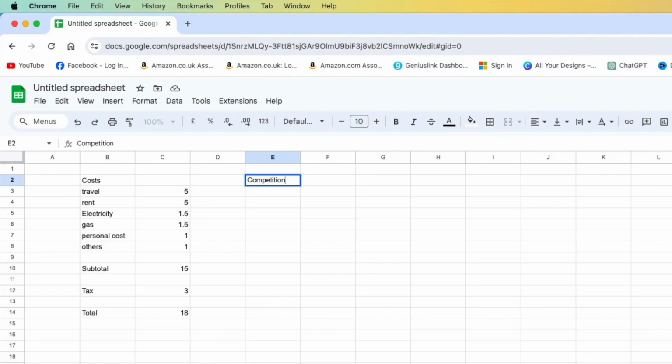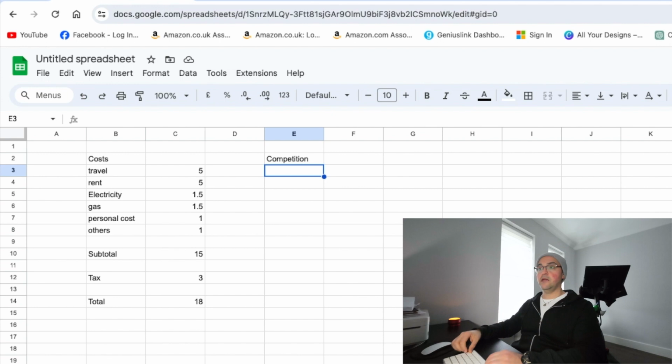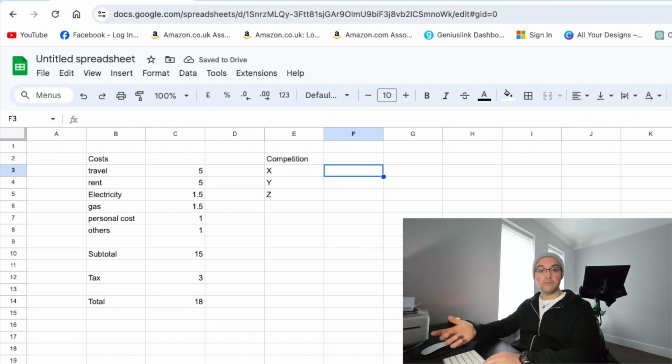On this other column, we are going to look at the competition pricing. So we're gonna try to look at websites from your other PT in the area, and you're gonna write down the pricing that they are charging for clients, possibly for the hour, or depends if they're having any packages. So we're gonna have X, Y, and Z, and sometimes you find people having a high-end service. So you're gonna look at a pricing that in this area it will be around £80, for example. Then somebody in the middle, I will say 55, and then somebody on around 35.